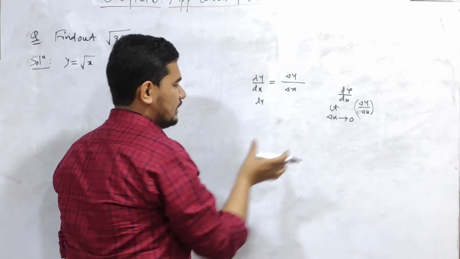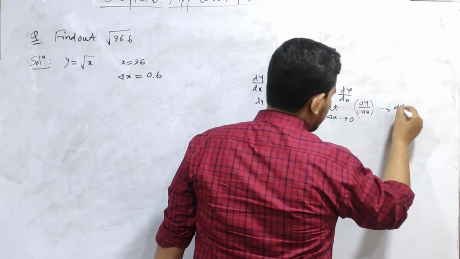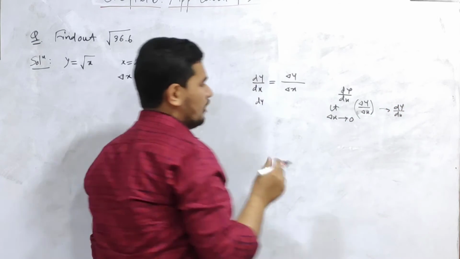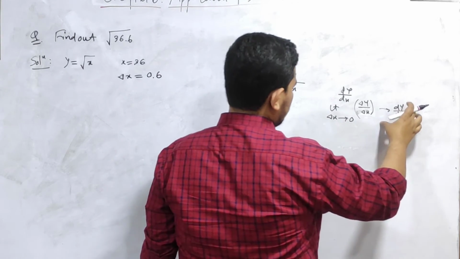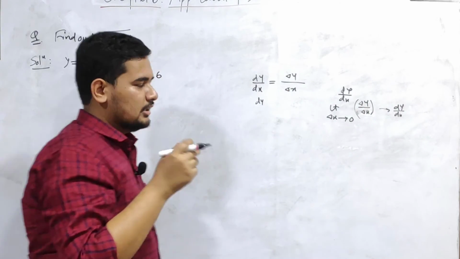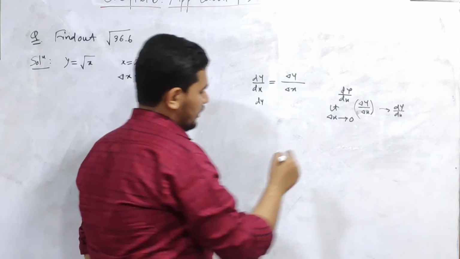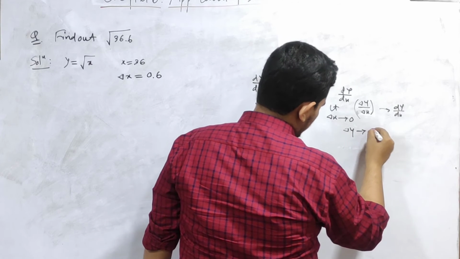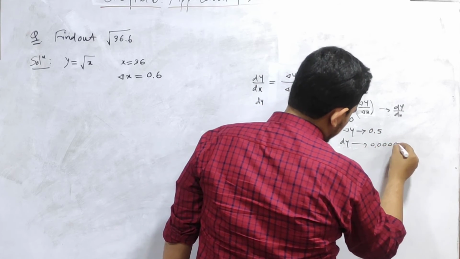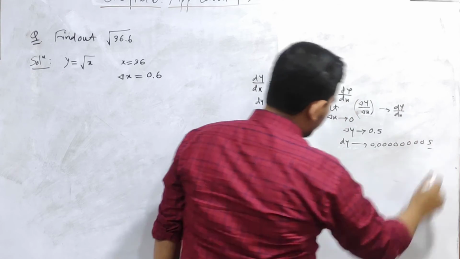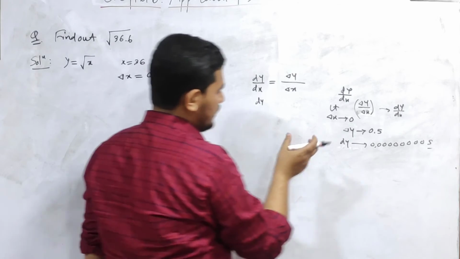When I take the limit of delta x tends to 0, I can write it as dy by dx. So dy by dx is a very small term, but in comparison to dy by dx, del y and del x are relatively higher order terms. So if del y is, suppose, 0.5, then dy is very small, like I have told you about the value of h. So this is the basic difference between del y and dy.